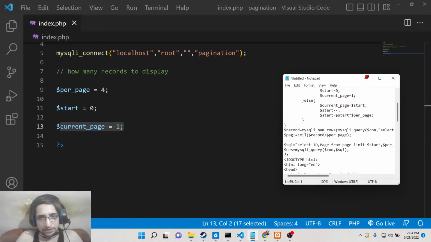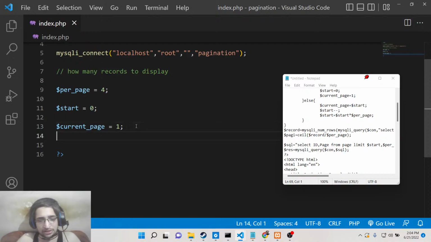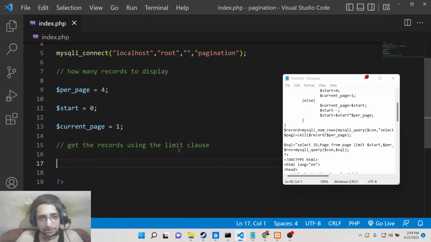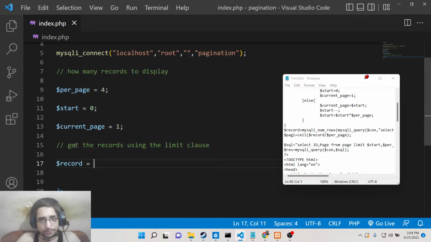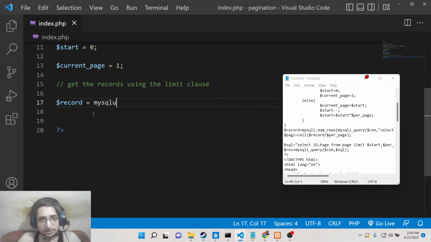So after that, what we need to do is that we need to get the records. We need to get the records using the limit clause. So basically inside a SQL database, you will know this limit clause, which is actually used for the pagination purpose. So basically it is used to only select a certain number of records. So here we will make a new variable which is record, and now to get the number, it is very simple, which is MySQL